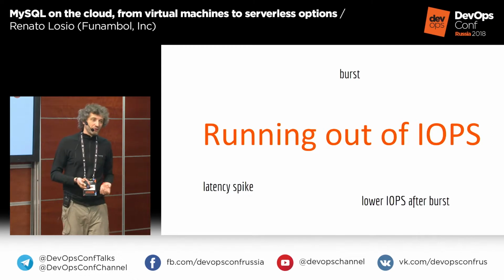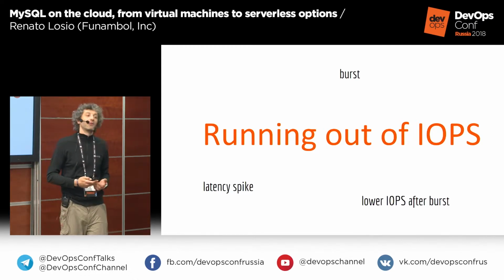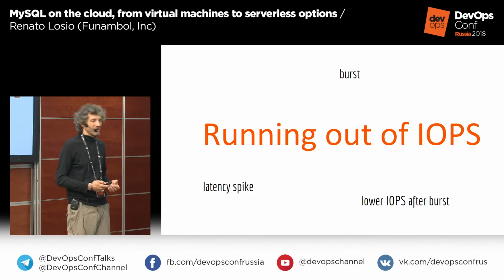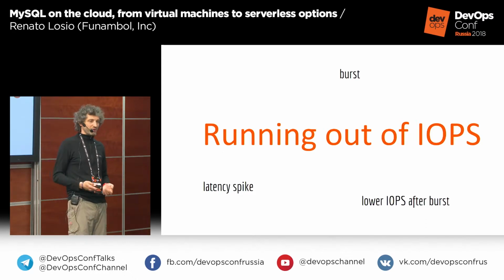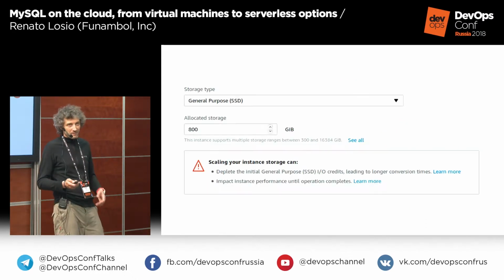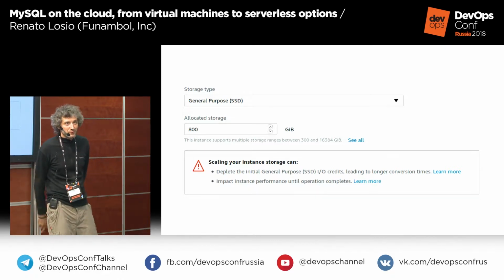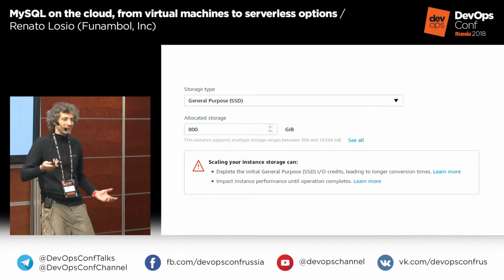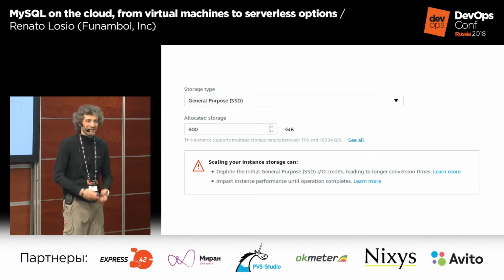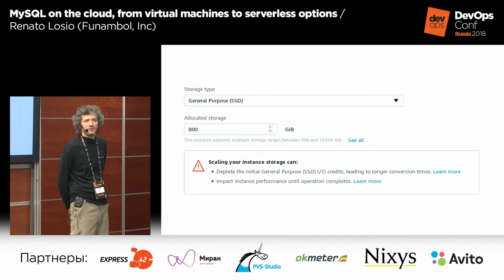Now think about that script we were writing before. Say the script is ready, I apply it in production, and my database is running out of IOPS, so I change the storage automatically. I double the storage. Well, what's the issue with that? You can see it in the console, where they give you some warnings. Of course, when you use an automatic script, there's no warning. It's part of life. But in this case, if I'm doubling from 400 to 800, or 300 to 800, whatever,